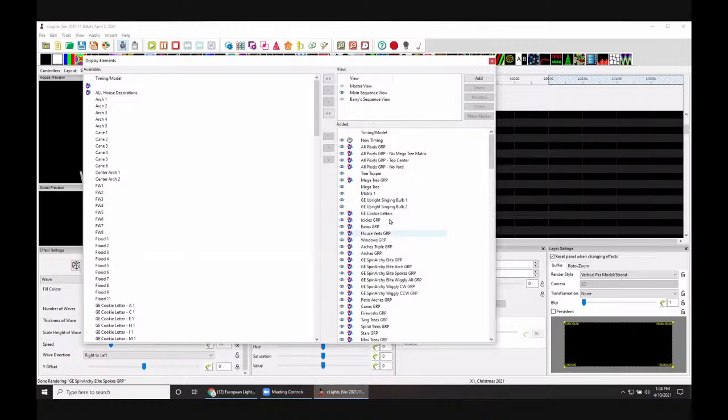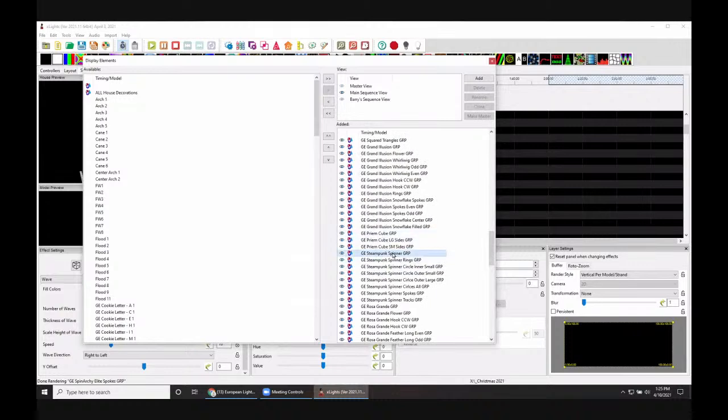I put my tree topper here because it's actually on top of my mega tree, and then my matrix. These that are not necessarily in other groups, you can put these wherever you like. You just want to make sure you have your all pixels group at the top, and then followed by whatever you want. What's important is in the submodel group order, for instance, the steampunk here,